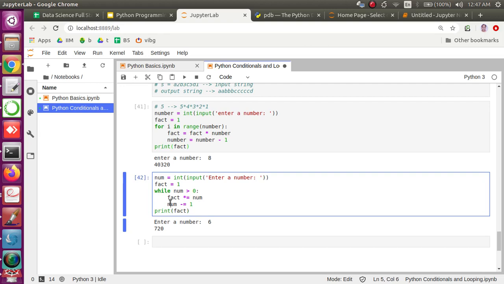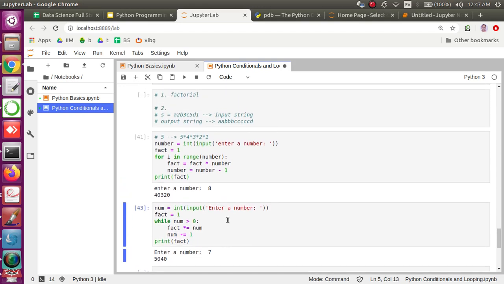So whatever value I put on the right hand side of this expression, this value will be added to or subtracted from the same number. If it is plus, it will be added to the same number, right? So there is no change in the outcome. This works exactly the same way. So that's the solution for your factorial problem.